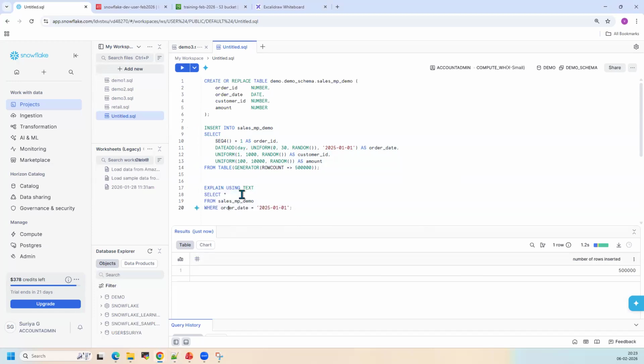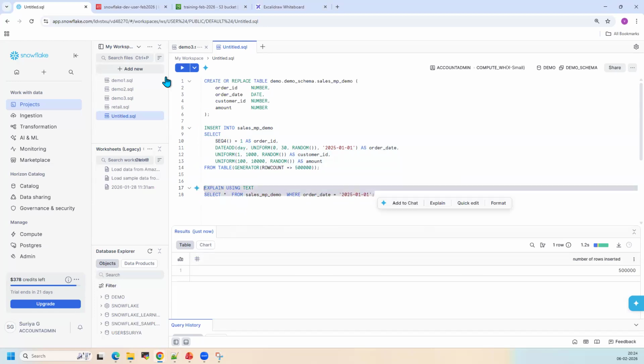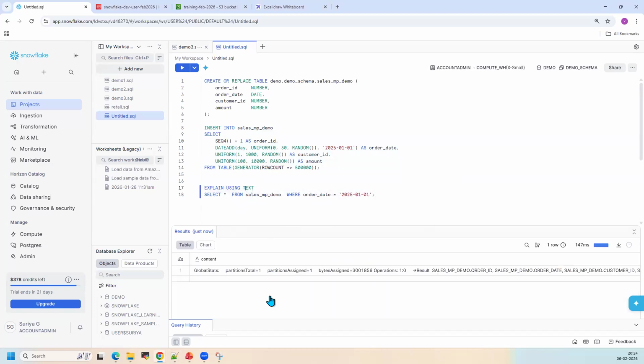So I'm using select star from table and I'm using a filter. If I run this query with explain, it shows me what the internal operation is. You can see here partition total, partition assigned one. So for these 500,000 records, it created and used only one partition. So if I run this query,